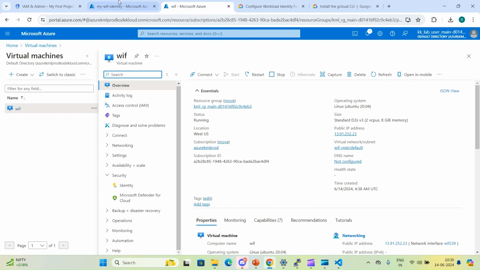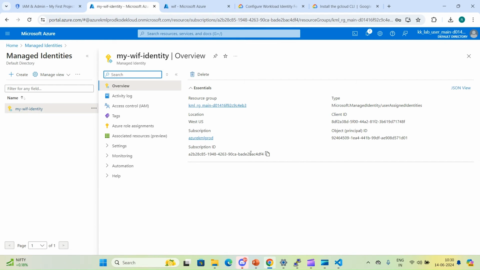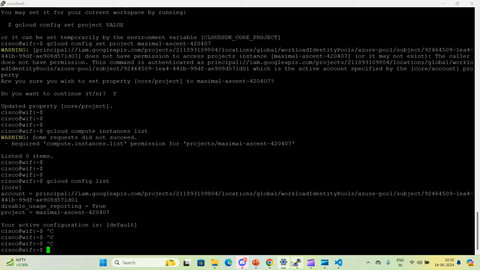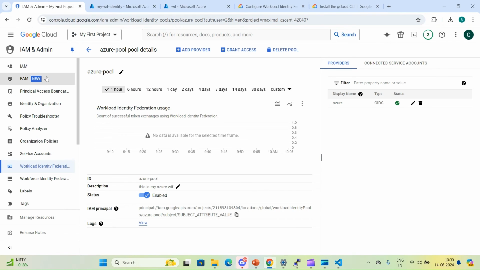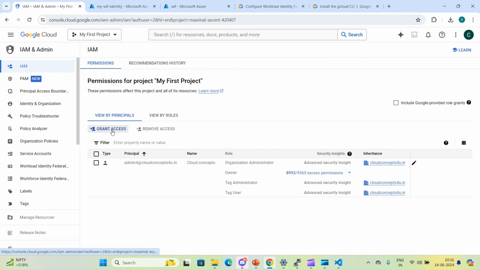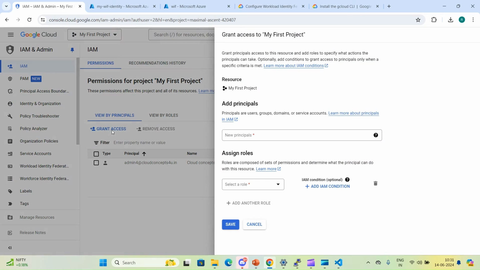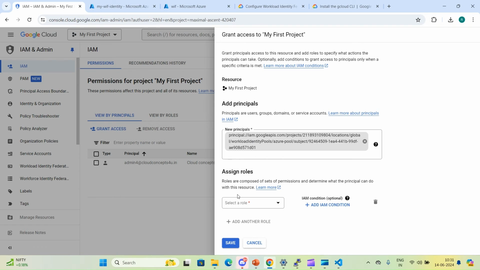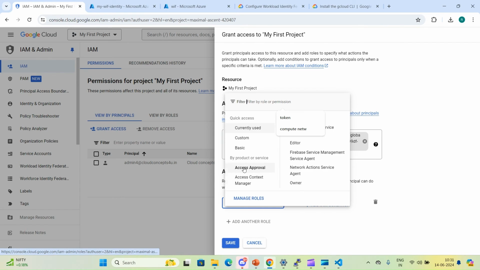Here we can see in this managed identity, this is the thing which I'm pointing to, D01, here D01. Now let's go to IAM and I will click on grant access, and I will provide a principal, which I copied from there, and after that I have to provide a role.